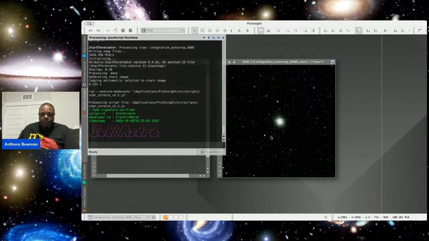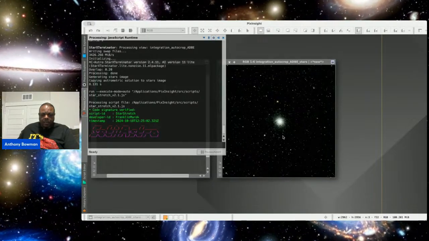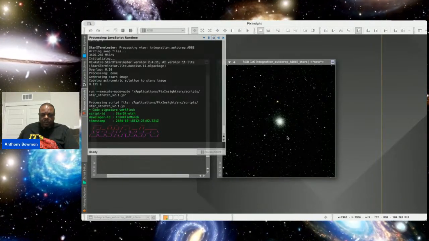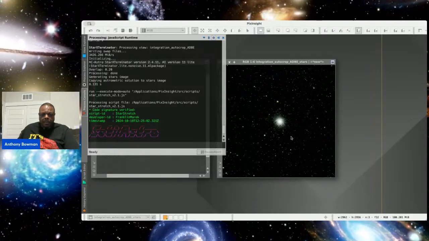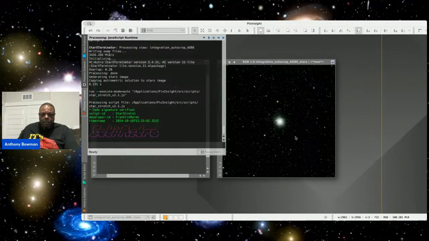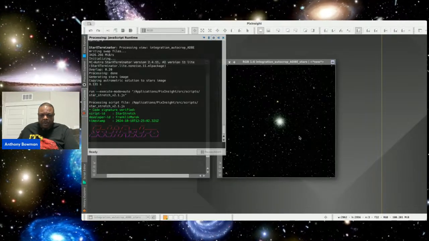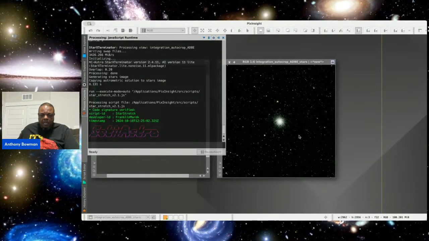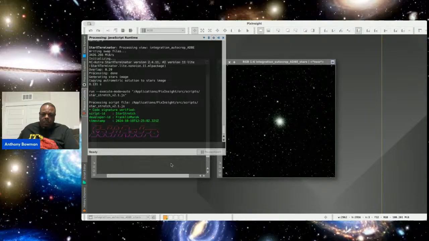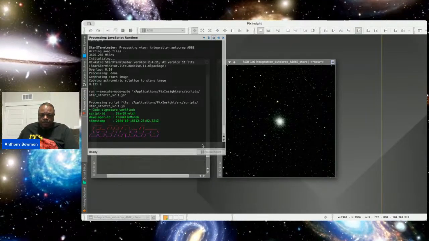And what I like to do with this, I like to turn that color booster up so it'll bring out the color of the stars. I'm not gonna do too much to the background because I'll do that when I get to the other picture.